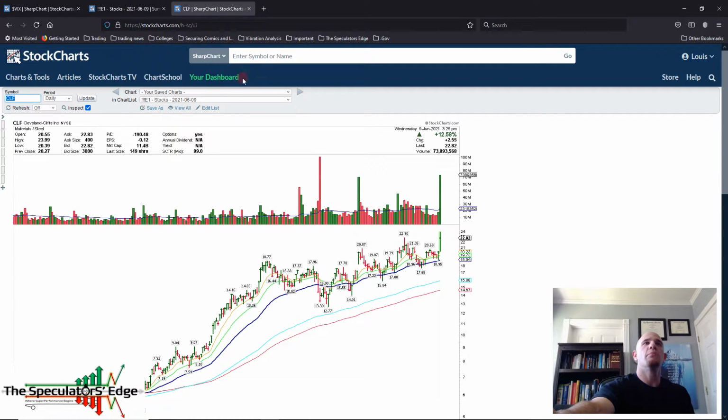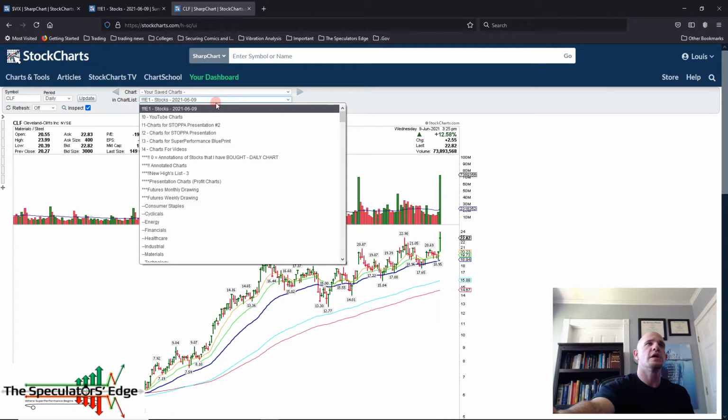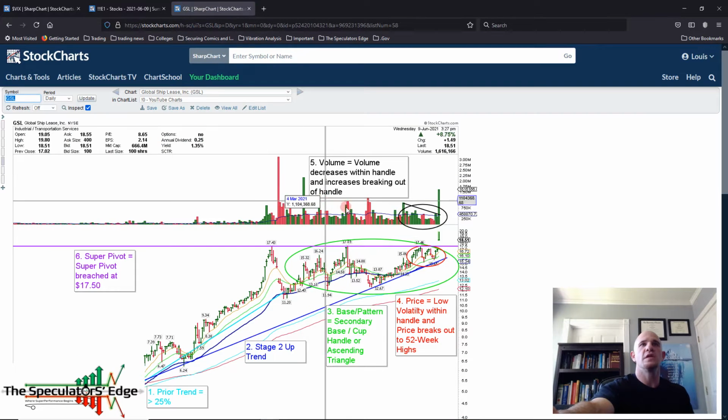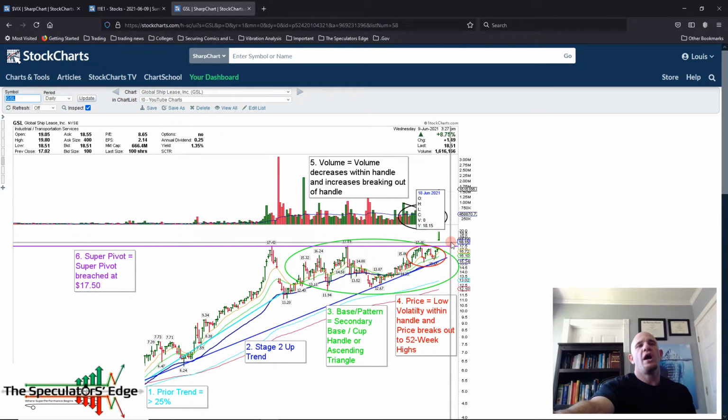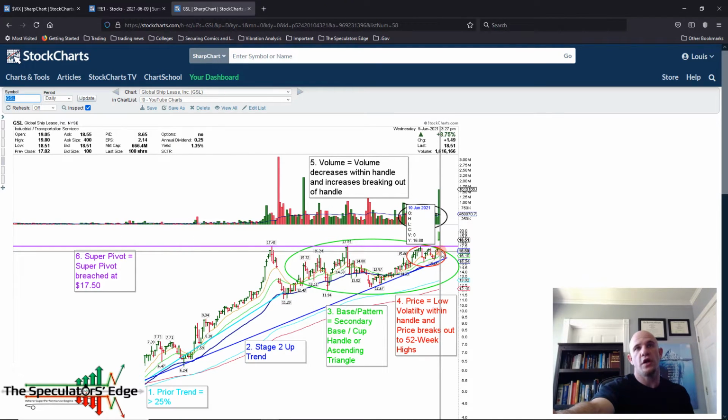Other than that, let's go through the stocks that I named, that I brought up today. Let's see what's going on, which was GSL and TLRY. GSL is pulling back right here. The problem with this, when it pulls back, expect this to probably have a down day tomorrow. Hopefully it doesn't close that gap and fill it, because if it does, that's a good indication that this stock is probably dead in the water. You want to go ahead and let go of the trade, but there is huge volume.